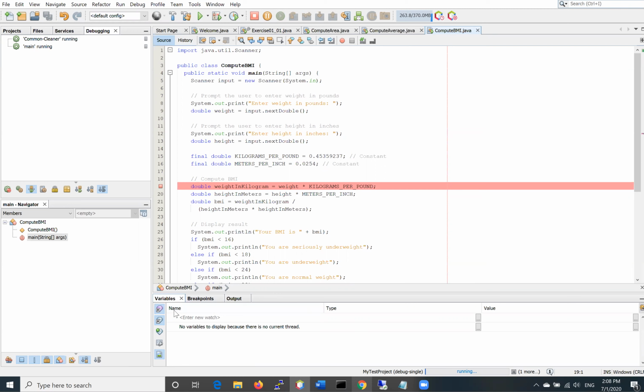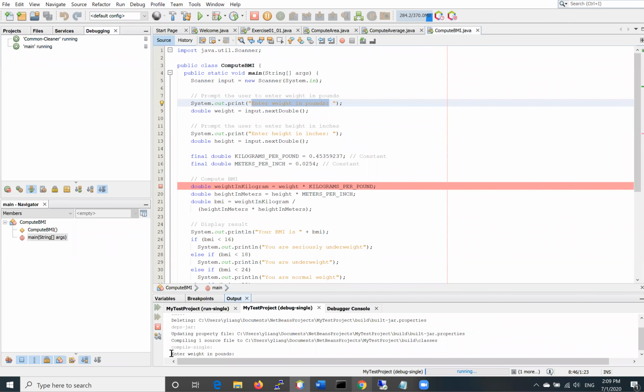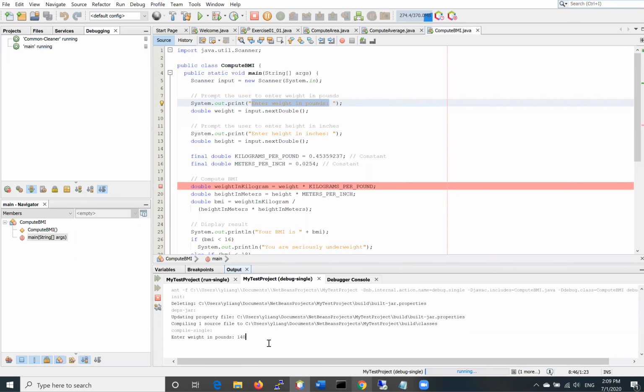Look, you have the variables, breakpoints, output. We are here, see the output, enter weight in pounds. So this is under the output, enter weight in pounds. So I'm going to enter 140 pounds. Next, enter height in inches. I'm going to enter 70